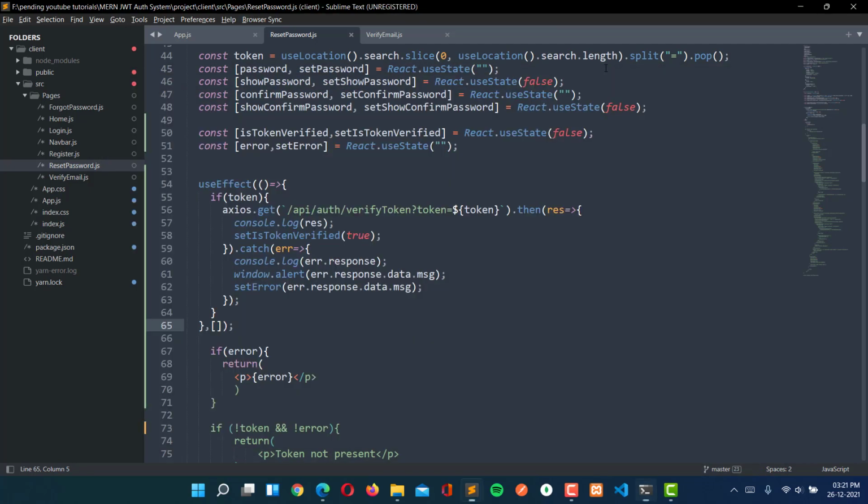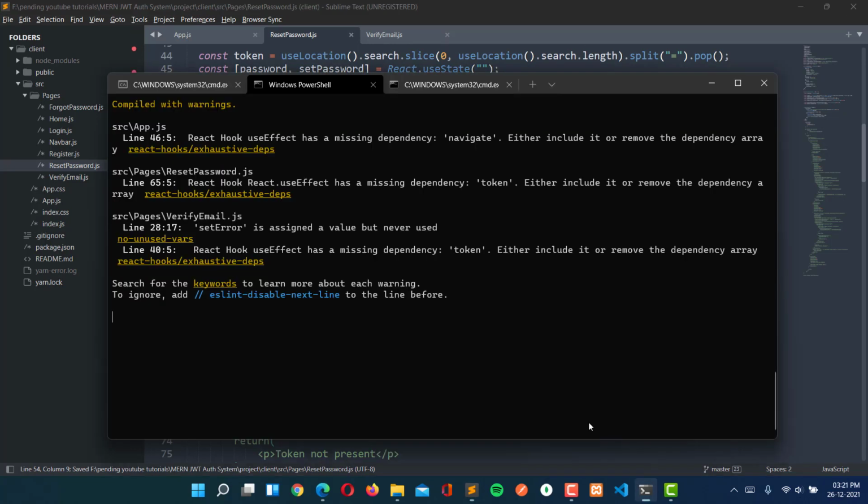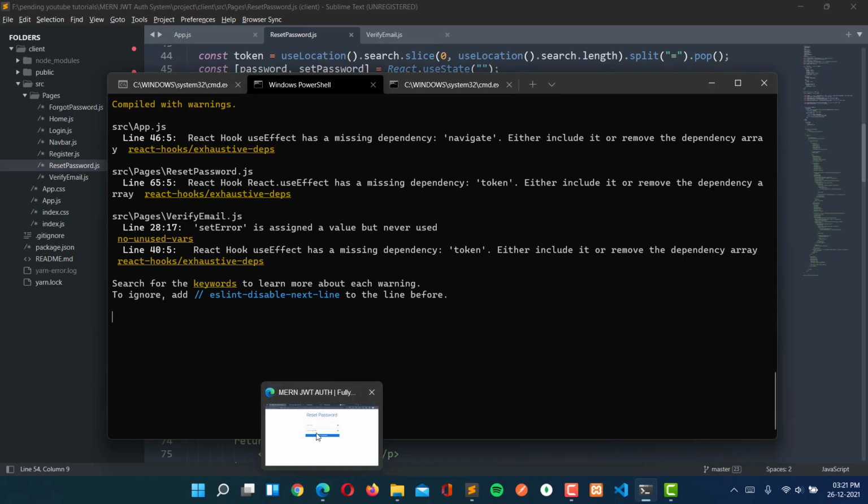So useEffect is not defined. Here will be the React.useEffect. Now it is compiled successfully here.